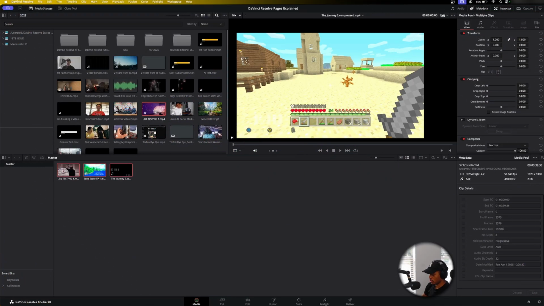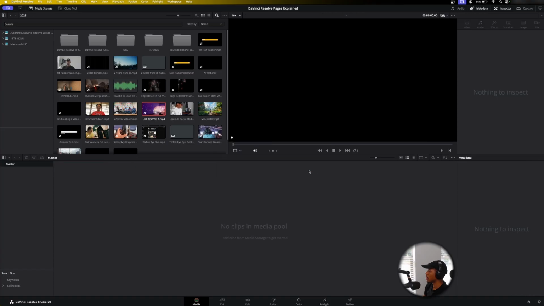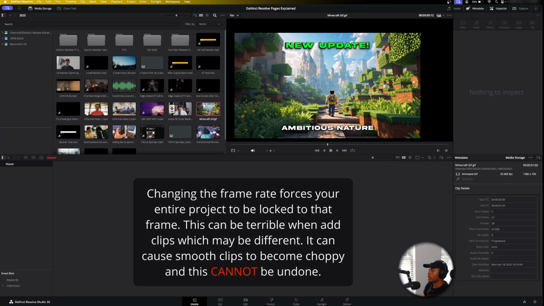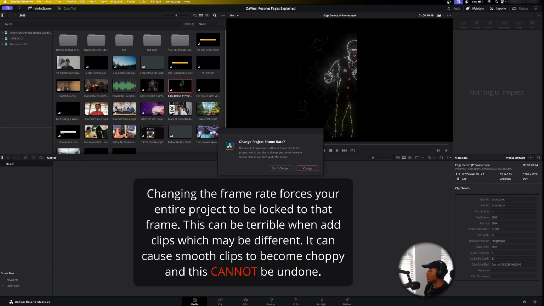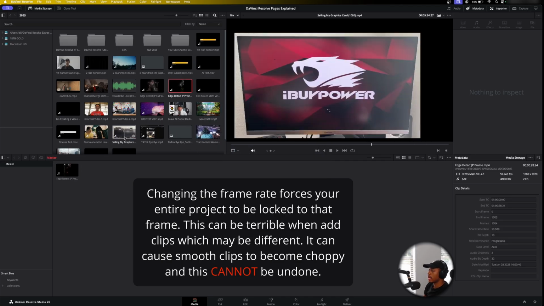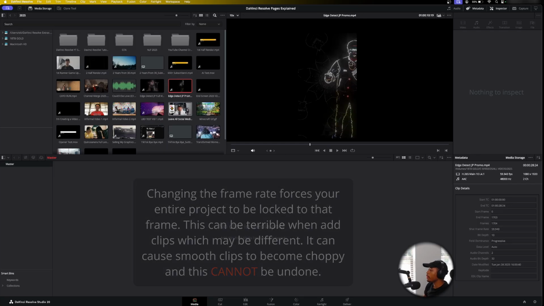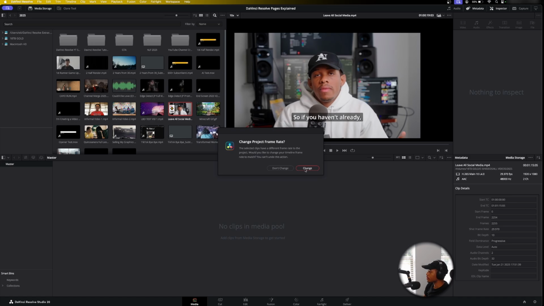Now I'm going to delete this right here. Let's delete our clips and let's bring in one like so. If I try to bring in a clip, it will automatically give me this prompt. I always hit don't change simply because it makes a big difference in terms of your production. What I mean by that is if I bring in this clip right here and I go to change project frame rate, it is going to lock my entire project frame rate onto whatever frame rate I shot this